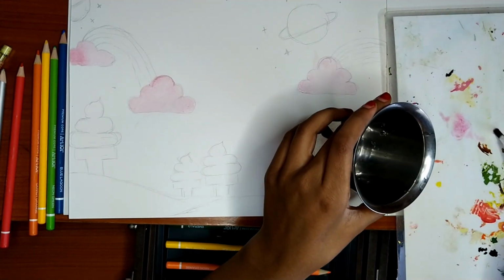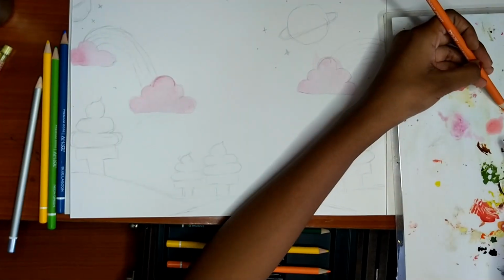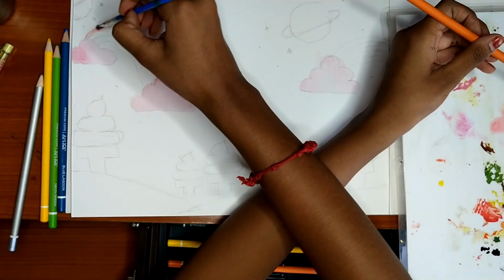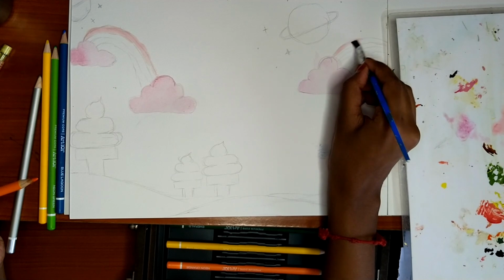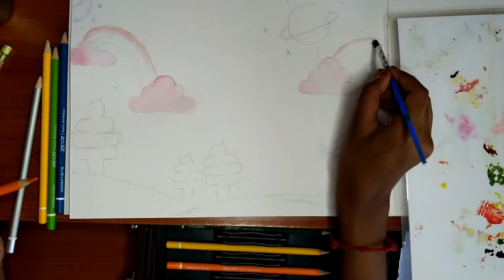Okay, now I'm getting all the rainbow colors out to finish the rainbow. And I'm just using the same technique to color in the rainbow. So,